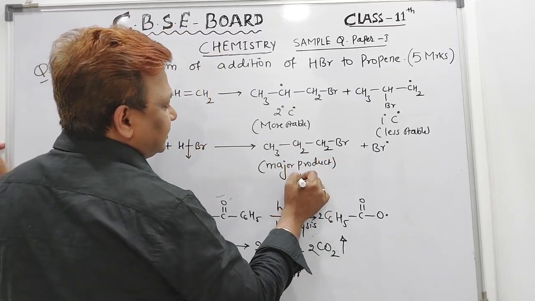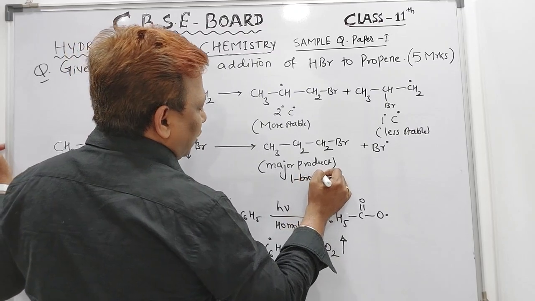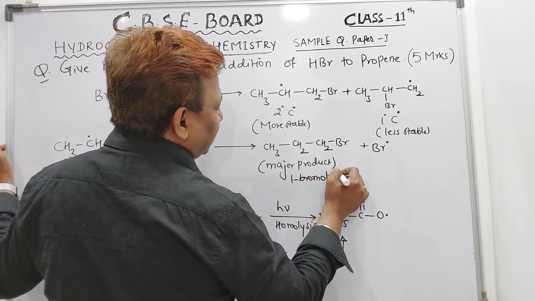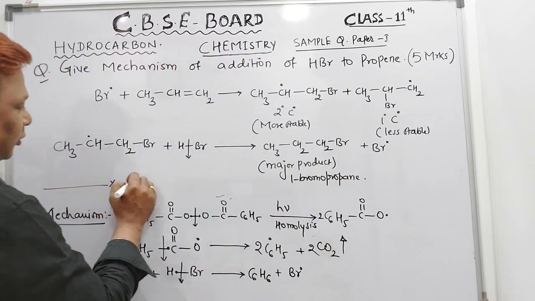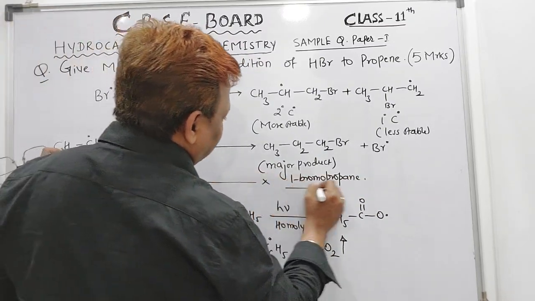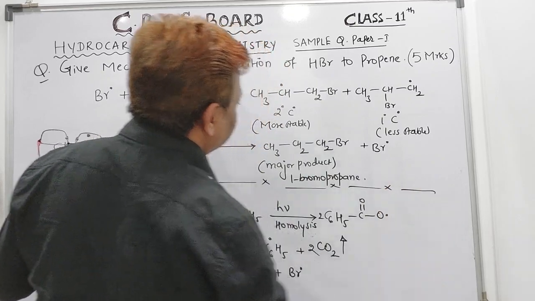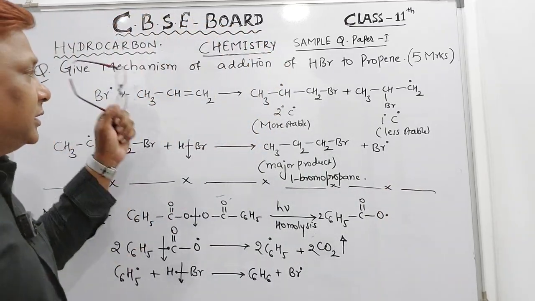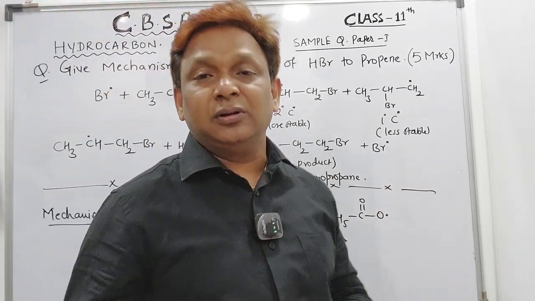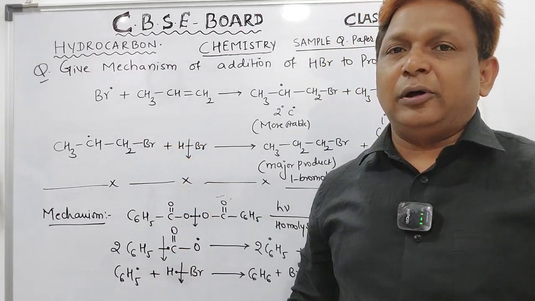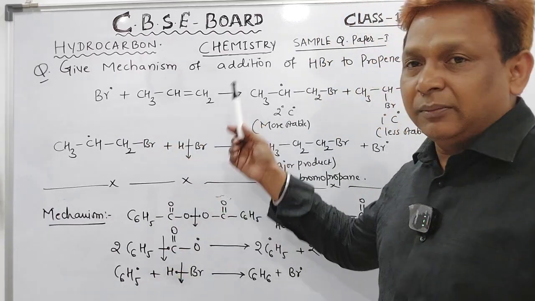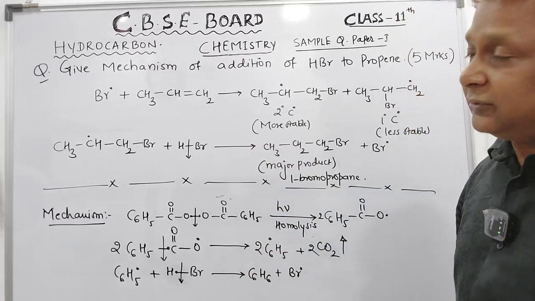The name of the compound is 1-bromo-propane. Called as what? 1-bromo-propane. So to write this answer for 5 marks, first we have to give the explanation for the addition of HBr to the unsymmetrical alkene, that is propene, following Markownikoff's rule. That complete explanation we have to give, and afterward